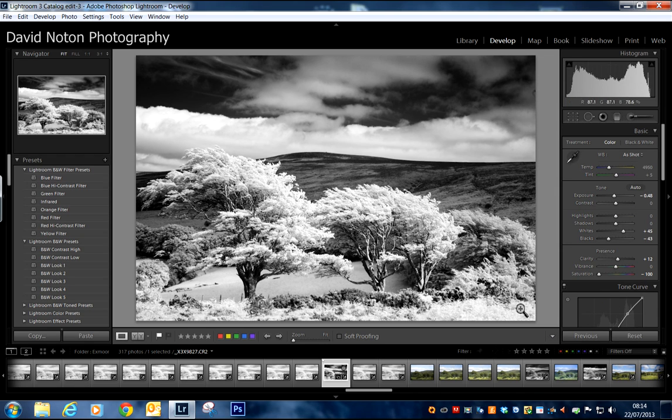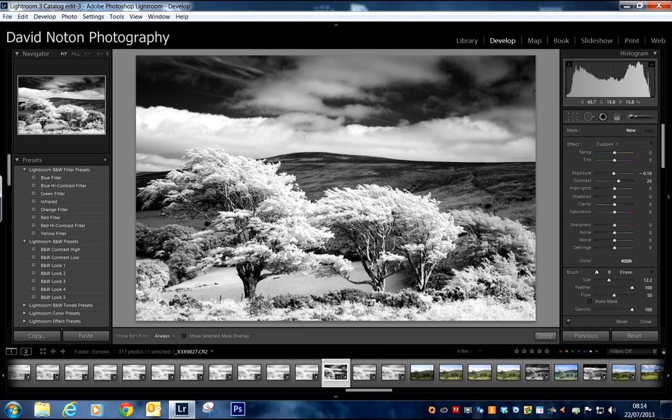and the next thing I want to do is look at this bottom area of the frame here, which I find myself it's just too bright. So I'm now going to use the adjustment brush here, and here you can see the size of the brush, the control here. I can go up to that size. You need to pick a size which is in relation to the size of the area of the image that you're working on. Okay, so I'm just going to move it across this part of the image here,